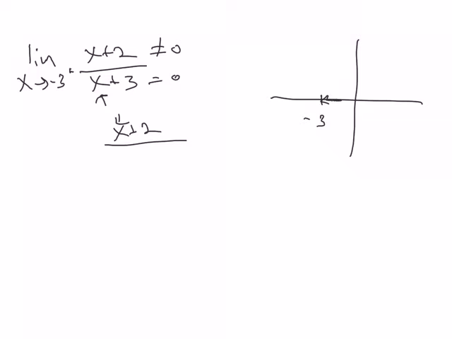It can be something a little bigger than negative 3, because we're approaching from the right, something like negative 2.99 plus 3. So this number down here is positive, but really small. And this number up here is going to be negative, because you're going to have something close to negative 3 plus 2,